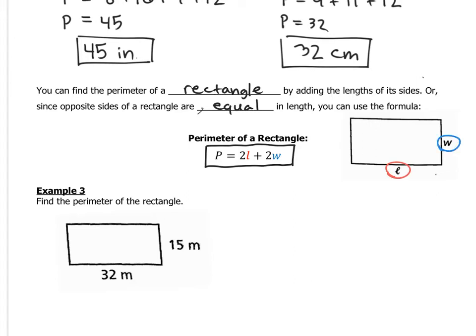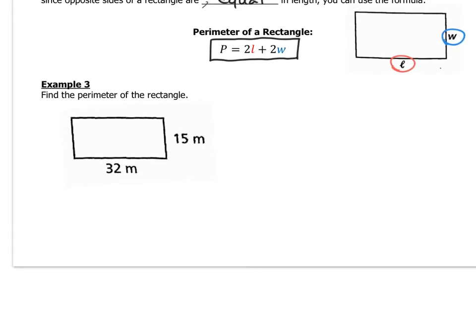So for number 3 here, I'm going to show you how you could find the perimeter of this rectangle using the formula. Again, one option is just to know that if the width is 15 meters, that would be this side, then the other width is also 15 meters. If the length is 32 meters, then the opposite side, its length is also 32 meters. So you could add up all the sides here, but if we use our formula, P equals 2L plus 2W,